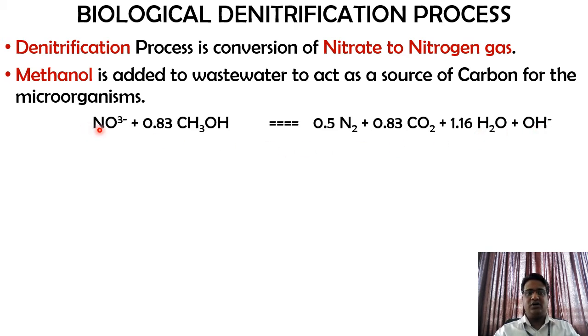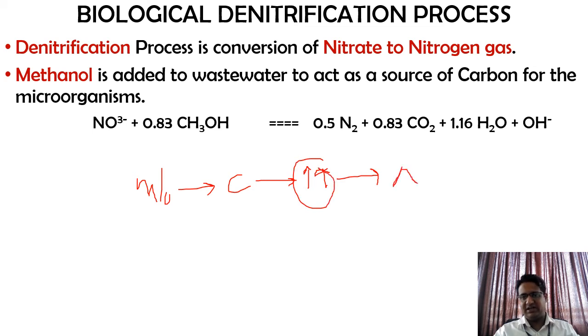So here if you check out, nitrate, I am adding methanol to this. Why is this methanol used? As mentioned, to act as a source of carbon for the microorganisms. So what will the microorganisms usually do? Basically they will use carbon, they increase their number, they first develop, they get saturated or robust, their life cycle will be at its peak. Once this is achieved, then they go for the degradation of nitrogen.